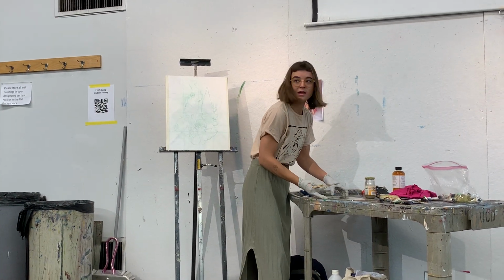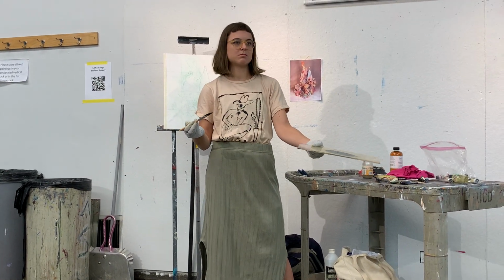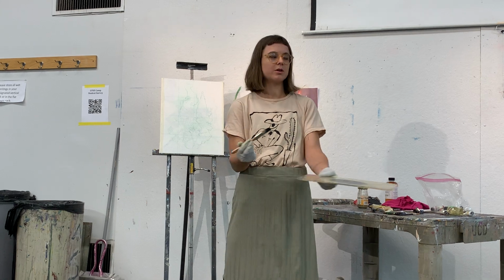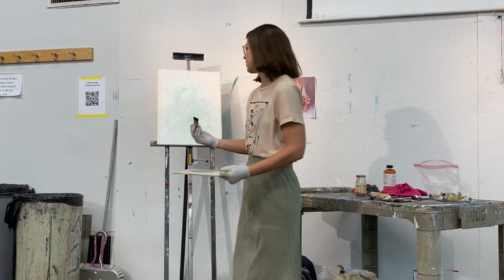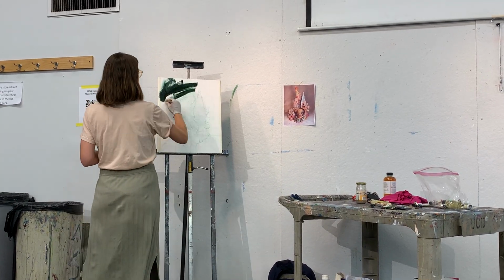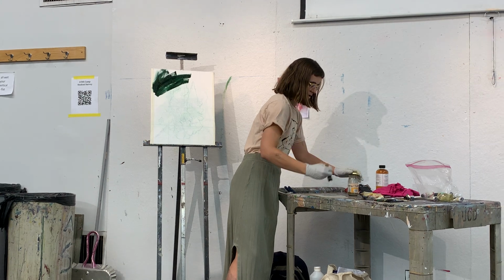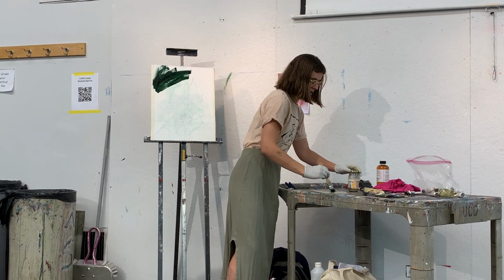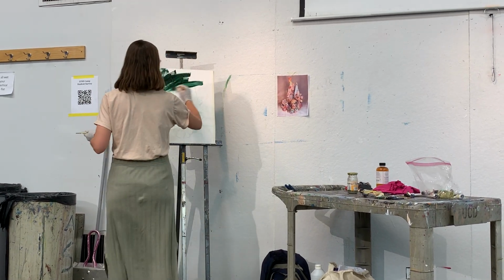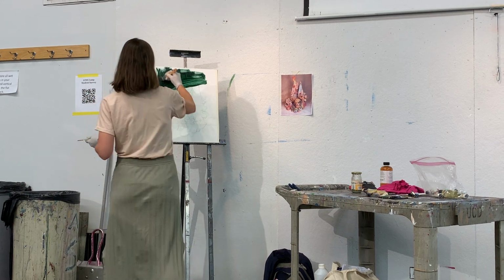So I've got my mixture here, which is relatively solventy. So I broke down a lot of my binder and my oil and my pigment to make a super transparent, kind of unstable mixture, which I'm then going to coat over the entire piece. And because you've already got your drawing in there, it should be helpful, but this is gonna be a way of just sort of toning your whole page, kind of like how you might have done with your acrylic pieces, but it's also gonna allow you to then pull out your values reductively